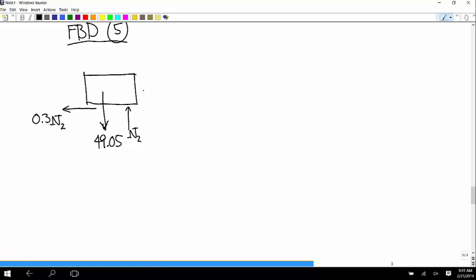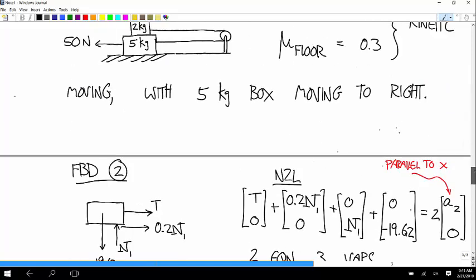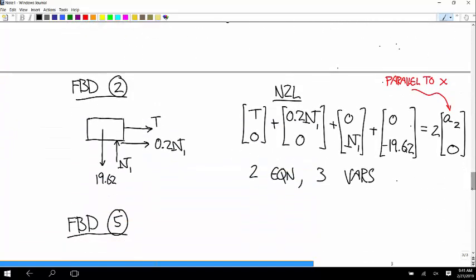Go counterclockwise and you get to this face, and the cable force is the same as the other cable force away from the chosen body. And then we get up to the top, and there's two ways to think about what's happening at the top. One is that this is a contact force between a 2 kilogram mass and this one. And so if you think of these two vectors added together, that's the force on 2 by 5. Okay? And so the opposite of that force vector that you get from adding those two is the force on